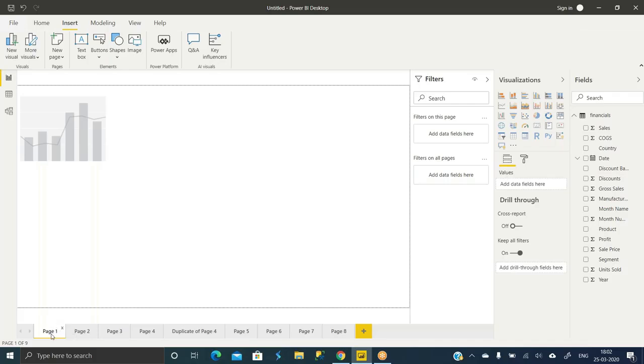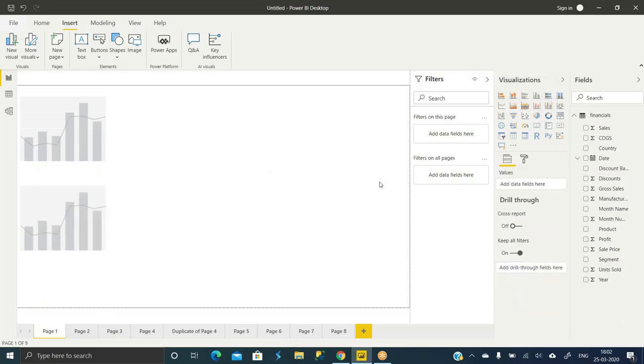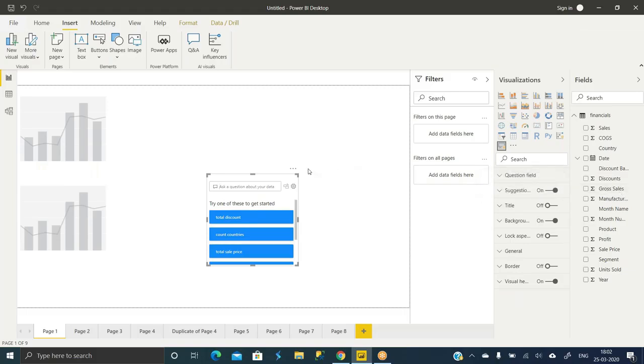This will take everything on the first page to the second page, or whichever page you are in. For example, let me add a few visuals just to demonstrate this. So you have 2 visuals, and if you drag and drop something,